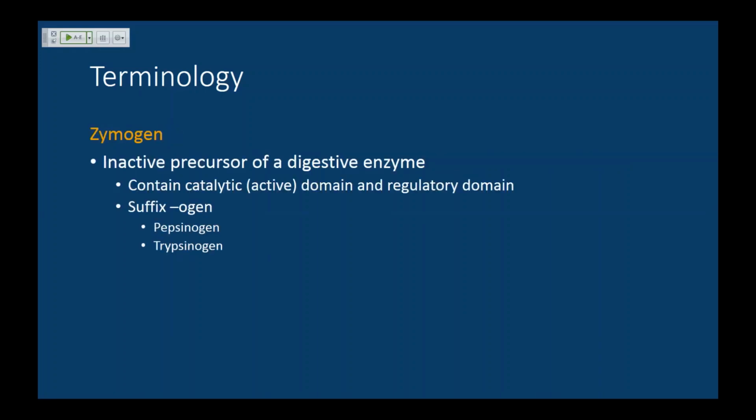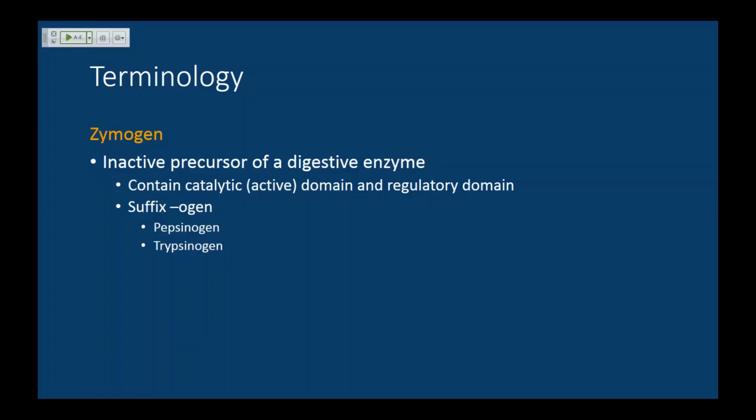The term zymogen is something we'll have to know. So a zymogen is an inactive precursor of a digestive enzyme. Okay, the reason this is important is because digestive enzymes are meant to chemically modify nutrients. But as you know, our body is made out of proteins and fats and carbohydrates. So if these were active all the time, they would destroy our bodies. Okay, so we have to make them in an inactive form, and we have to activate them only as needed